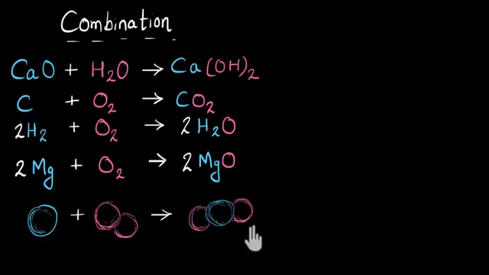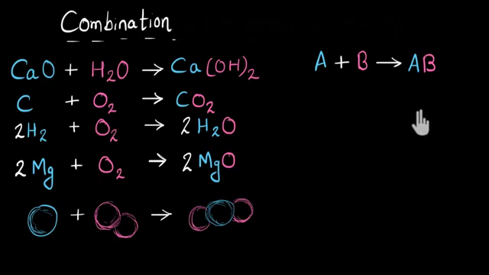So I can say that in combination reaction, multiple reactants combine together to form one single product. And if I have to write the general structure of these reactions, it looks something like this. A plus B gives me AB. Whereas it could even be 3 reactants or 4 reactants, A plus B plus C plus D, any number of reactants, they all combine to give one single product. That is an example of combination reaction.